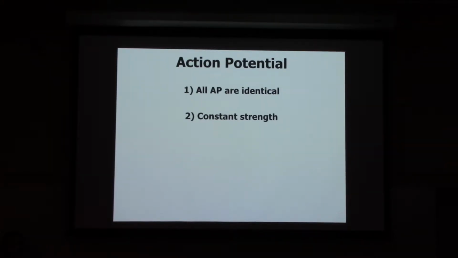So this is different from graded potentials, which is pretty amazing when you think about an action potential that's sent from the lumbar region of your back all the way down to your foot. One cell to stimulate something down in your foot, like a muscle in your foot. That action potential that goes all the way down that one axon is just as strong at the beginning as it is at the end. And it's a good thing it is, because otherwise it might fade away to nothing and we'd never be able to stimulate our feet. Okay? So something's very different about how we generate and carry action potentials compared to graded potentials. And we'll get at that too.